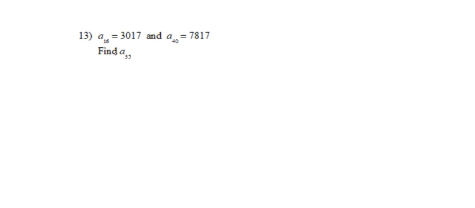Okay, I'm going to work a few problems from this last section, which is a little tougher, but it really can help you understand if you will attempt these and work through these. So we are just given two random terms here, and also you need to know that it's an arithmetic sequence, and then it asks you to find a term that's kind of in between those terms. Okay. So let's create kind of a different